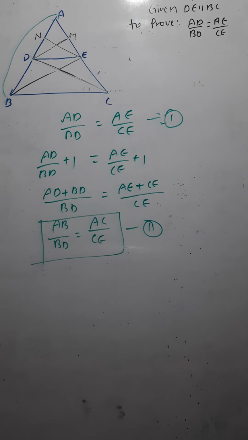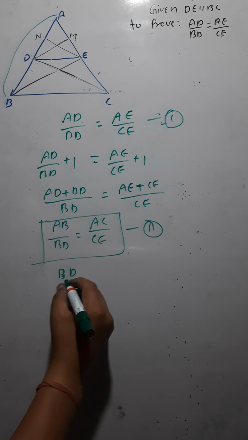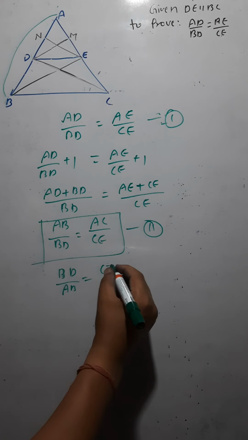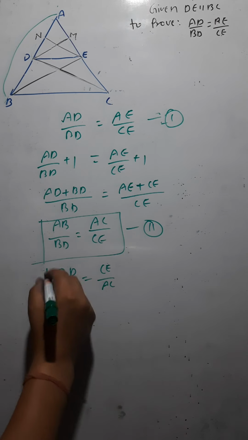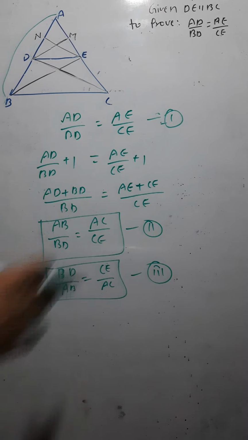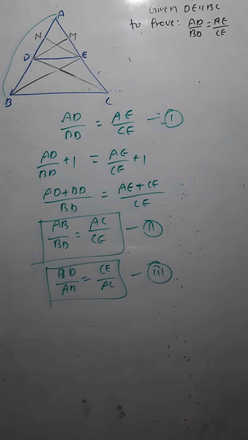So in some other way also I can write it. I can reverse it also. I can write BD upside, AB I would be writing downside. Similarly, CE I would be writing upside and AC I will be writing downside. So this should be the third. So I can write the Thales theorem in 3 ways. Are you getting now the Thales theorem? So this is all about the Thales theorem.